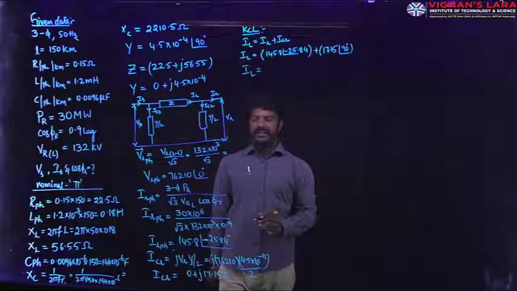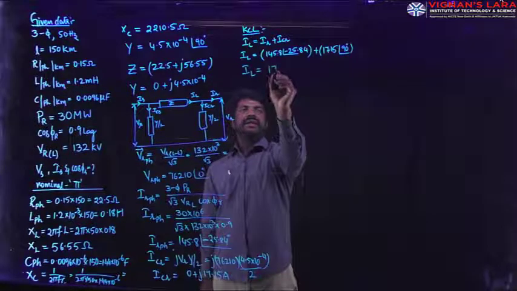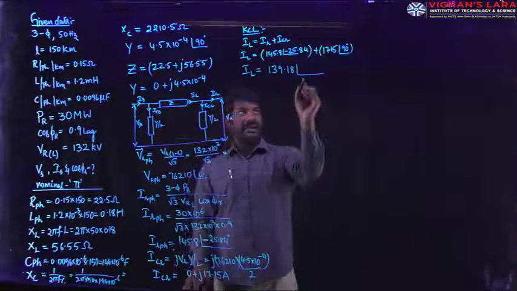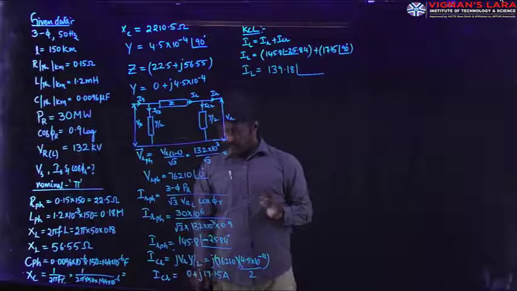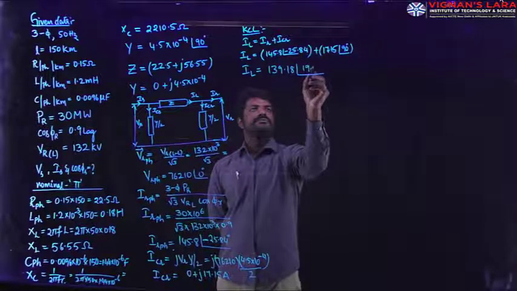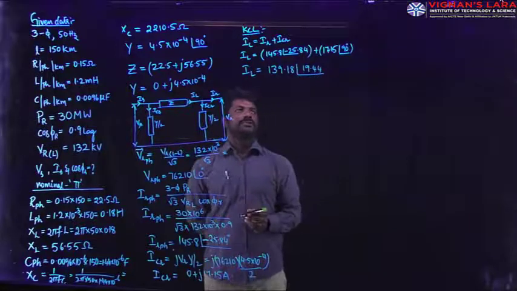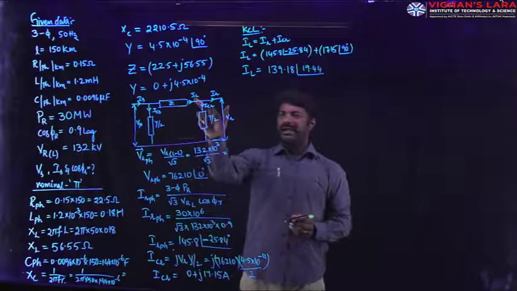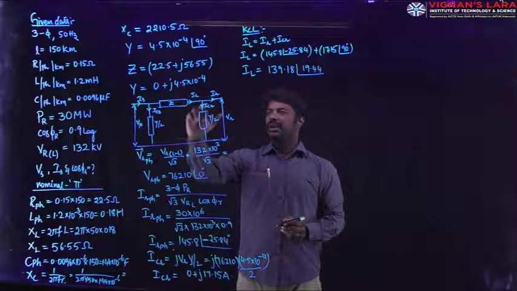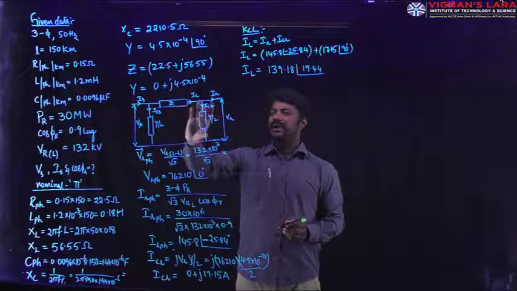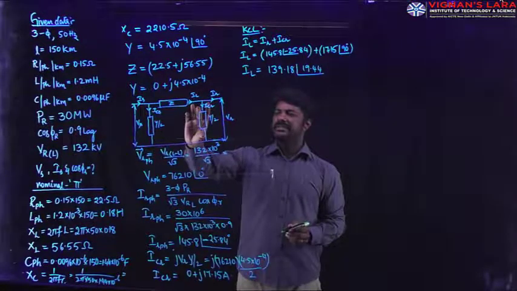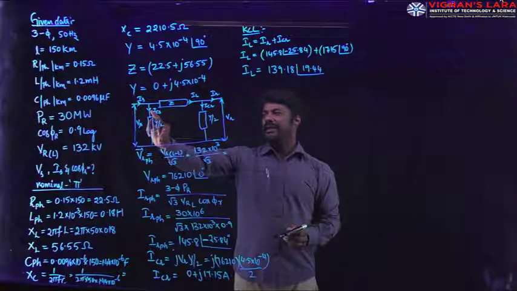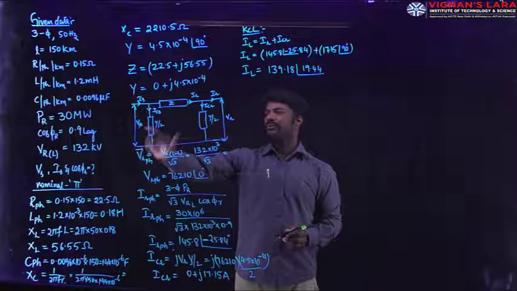Simplify it in calculator. You will get this IL as 139.18 amperes, which makes an angle of 19.44. This much amount of inductive current you can observe in the impedance. Once the inductive current in the impedance is known to you, you can estimate the voltage drop across the impedance. And also the voltage across this half of the admittance is VR, which is a known quantity taken as reference. Then I can apply KVL to this loop for getting the value of Vs.